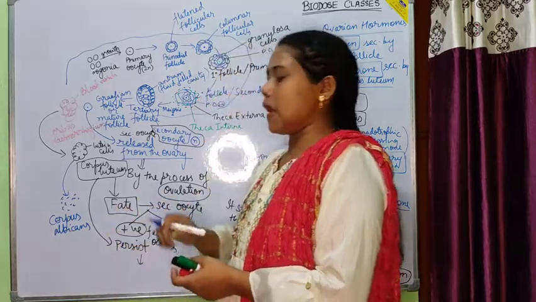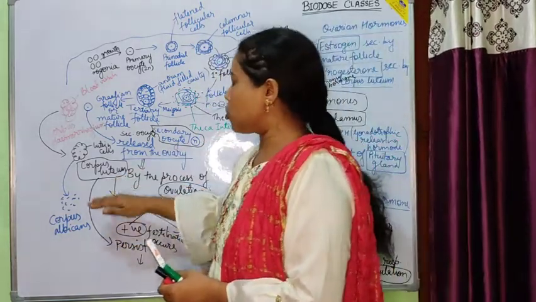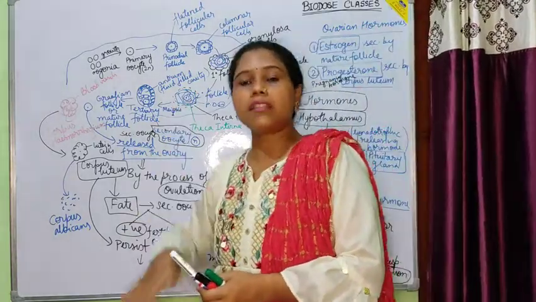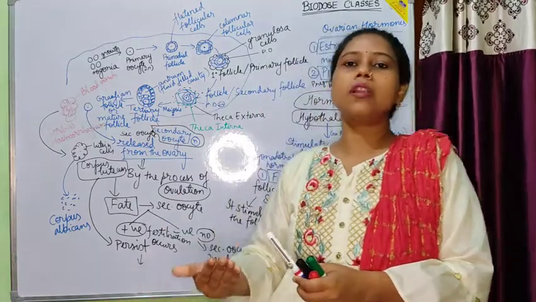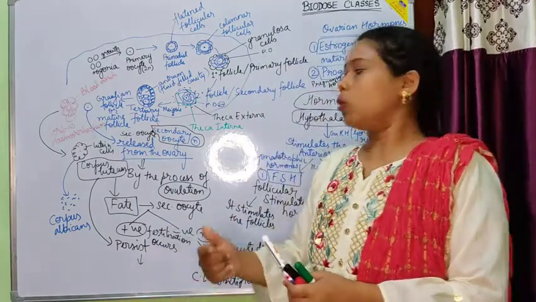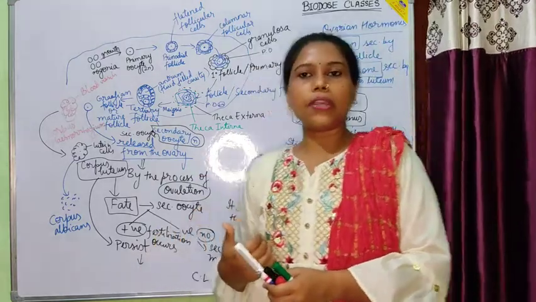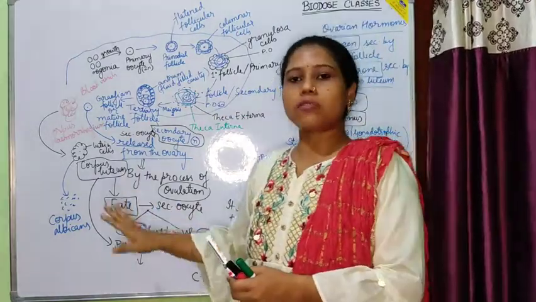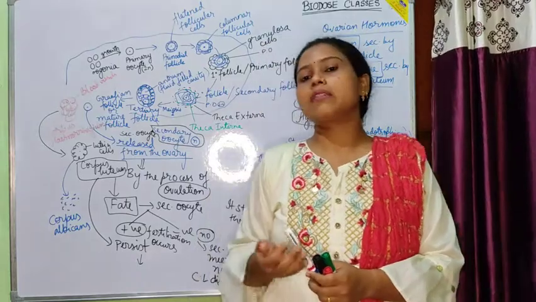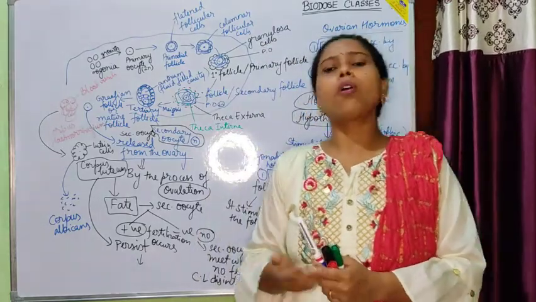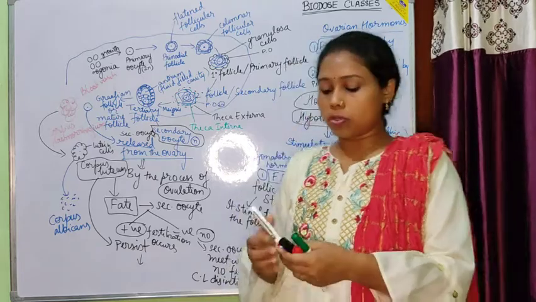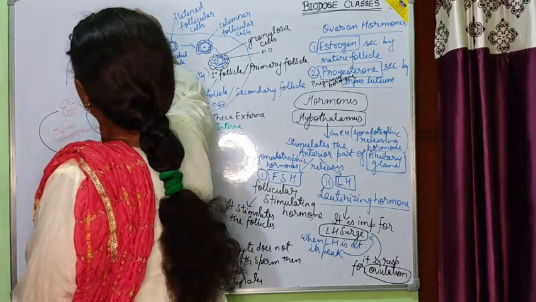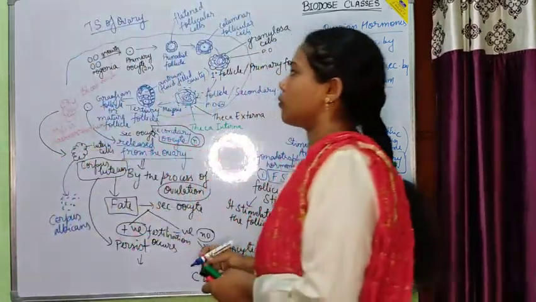So once this corpus albicans is formed, slowly the progesterone level keeps on decreasing inside the female, and that decrease in the progesterone level is actually responsible for the next menstrual cycle. So ultimately, in the next video, we would discuss the menstrual cycle, how this process of oogenesis is also linked with the reproductive cycle occurring inside human females or primates, and it is known as the menstrual cycle. So this structure is actually what? TS of ovary, that is transverse section of ovary.